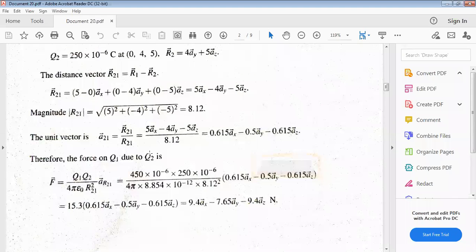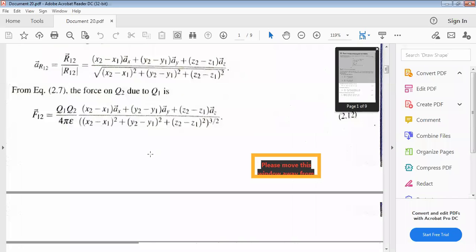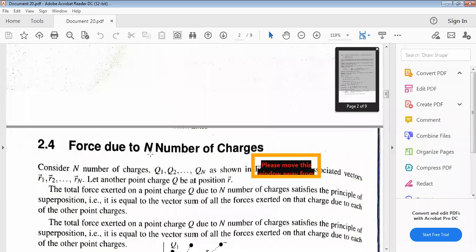Get it? Okay, do you understand these two problems in terms of rectangular coordinates? Next,